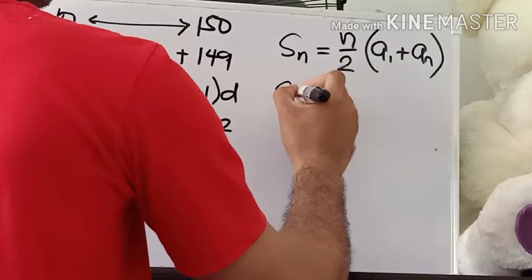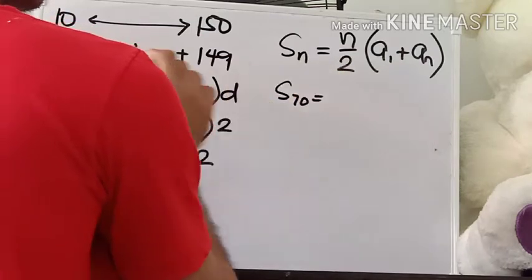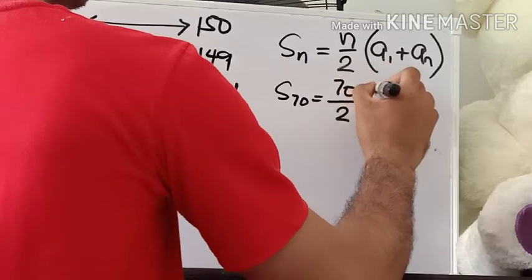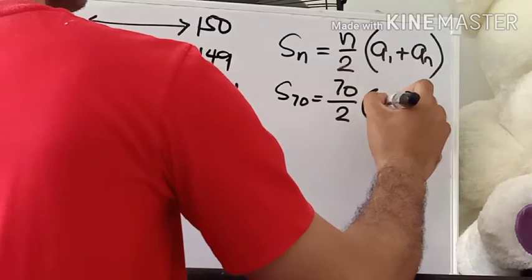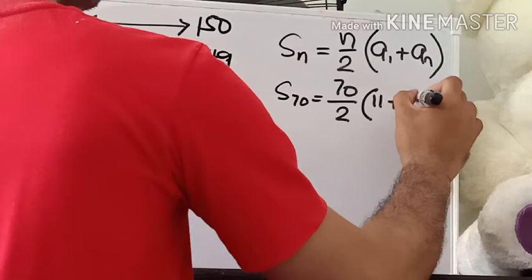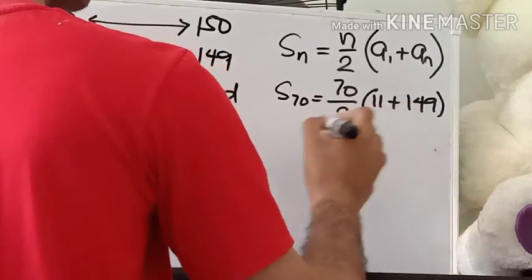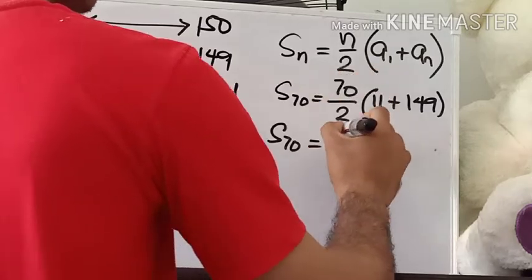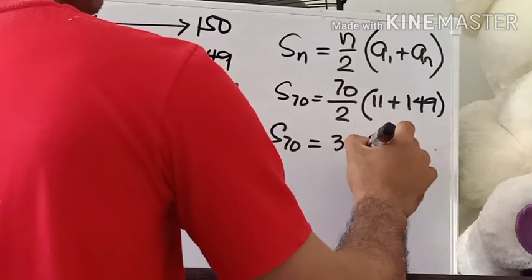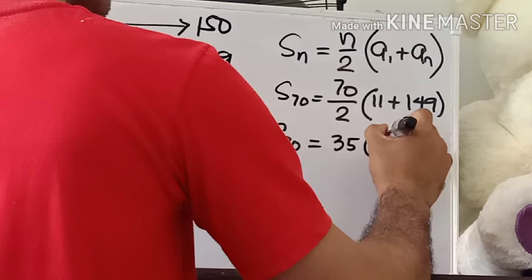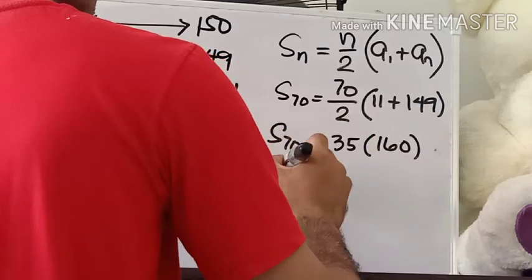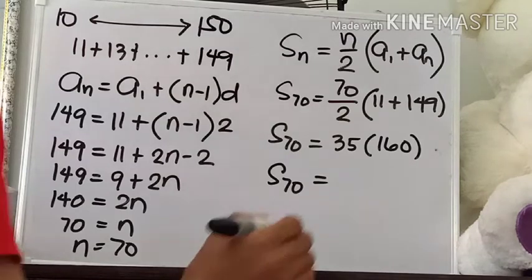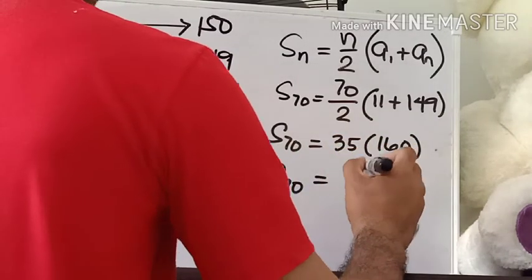So you will have the sum of the 70 terms, since there are 70 terms in all, equals 70 divided by 2 times the first term, which is 11, plus the last term, which is 149. So the sum of the 70 terms will be 70 divided by 2 is 35, times 11 plus 149 is 160. So the sum of all those 70 terms will be 35 times 160 is